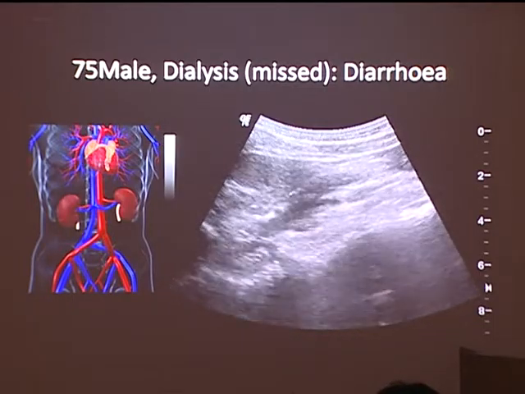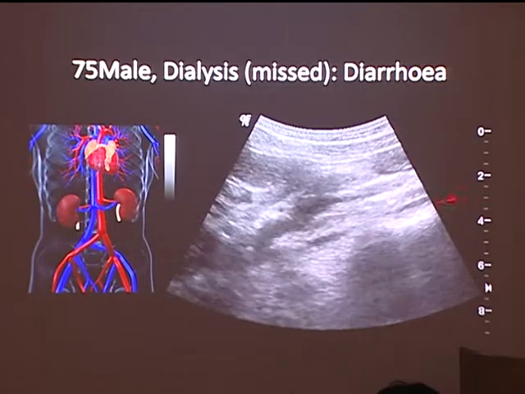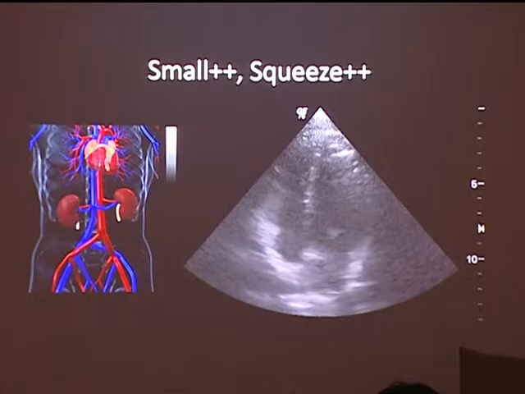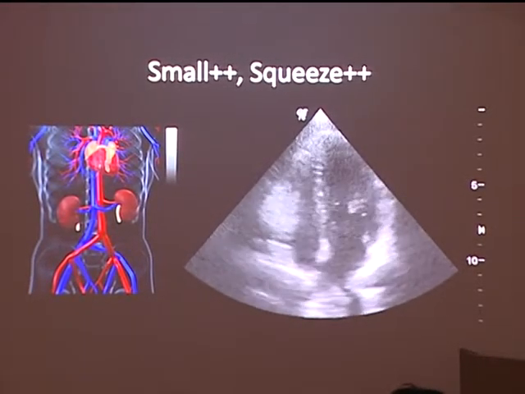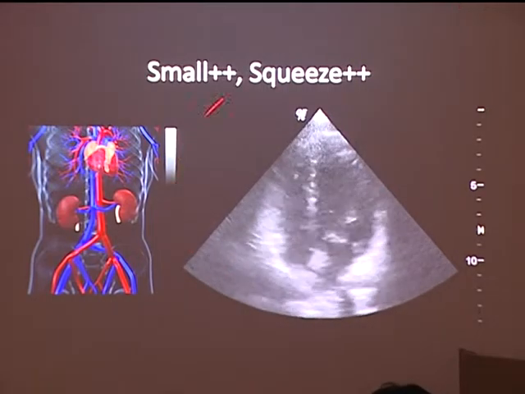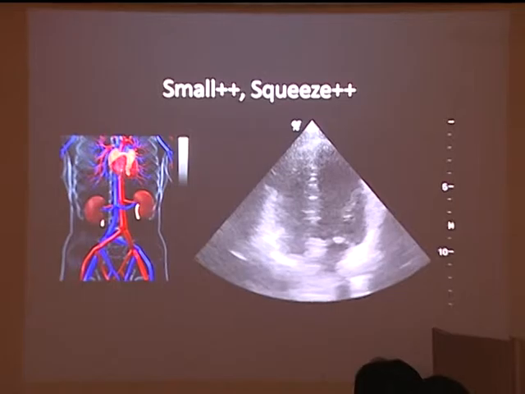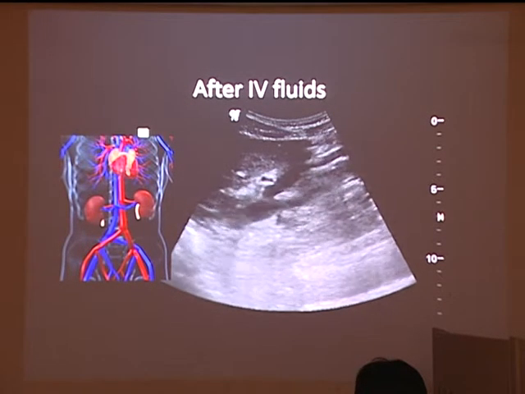So you take a look at this IBC, what do you think? It's very, very small, right? It's like pencil thin. So we know that this patient is definitely hypovolemic. And we give some fluid. But before we do that, we actually take a look at the heart. This patient has a very well squeezing heart. Okay? So it suggests that this patient's hypotension is not going to be cardiogenic. So after giving some fluids, you can make out a slight trace of IBC.